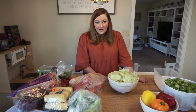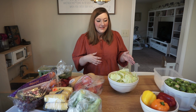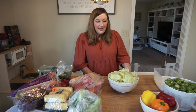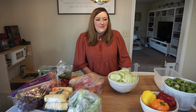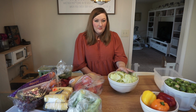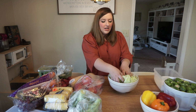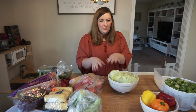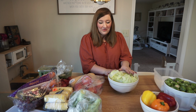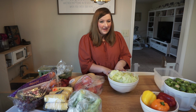So right now I'm washing all of our produce. I'm gonna be real, I used to just rinse our produce under the sink, and I thought that was good enough, and I don't think I was spending as long as you should if you're going to go that route. So I've recently started putting water in a bowl and putting our produce in here, and after a few minutes I'll move it around and let it soak, and then I'll pull everything out and dry it, and you can just tell there's so much left in the bowl that's just absolutely disgusting. So I really think this is probably the better method of washing produce,